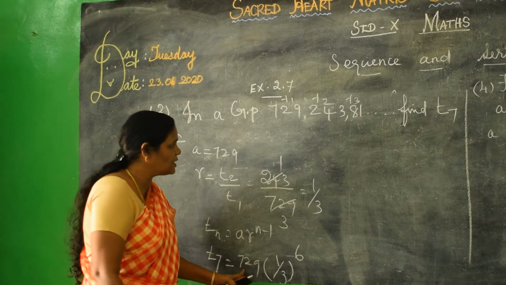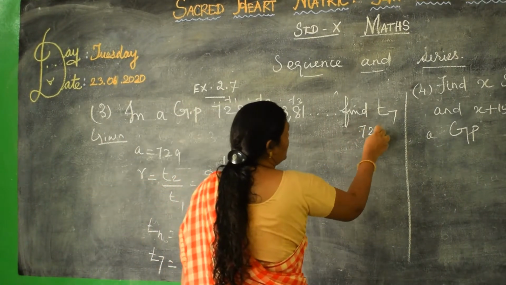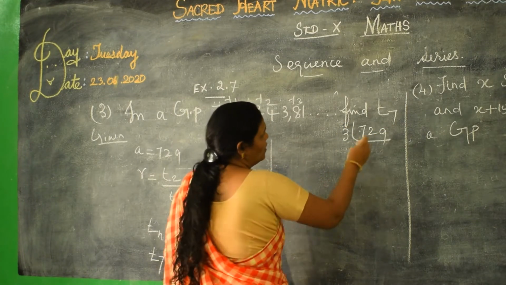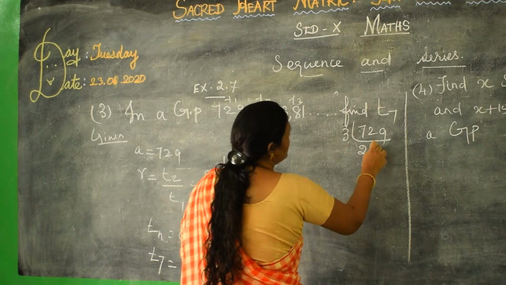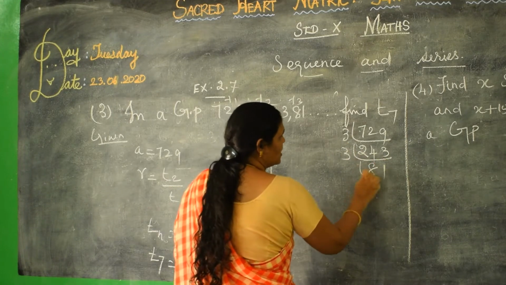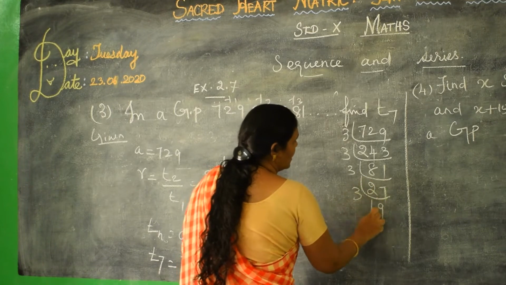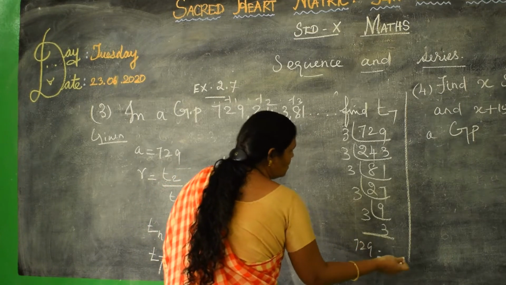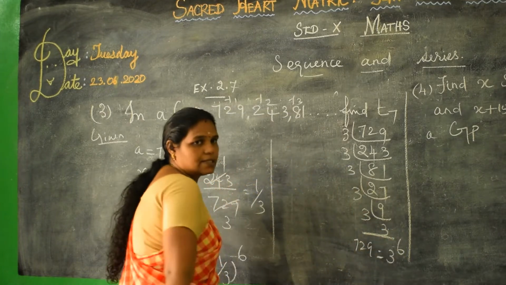Now if I factorize this, I will get the answer. We will factorize the 729. So we will take the 3 table. 2 times, 2 3s are 6, and 4 3s are 12, 3 3s are 9. Again 3 times, 81. Isn't it, children? So 3 times 27, 3 times 9, 3, 3. So 729 is equal to 3 power 6, counting 1, 2, 3, 4, 5, 6.